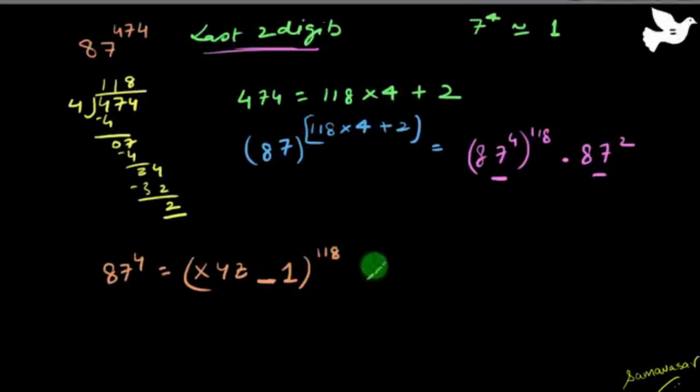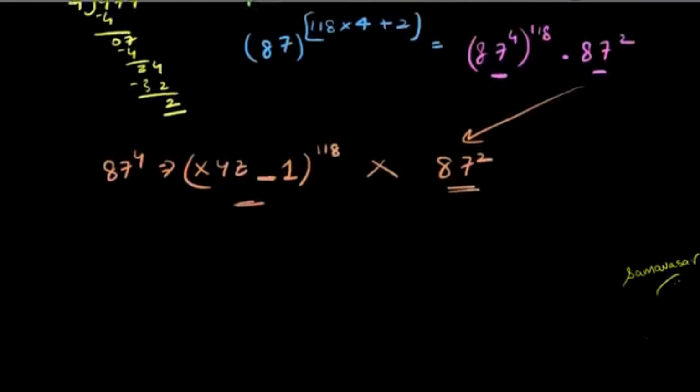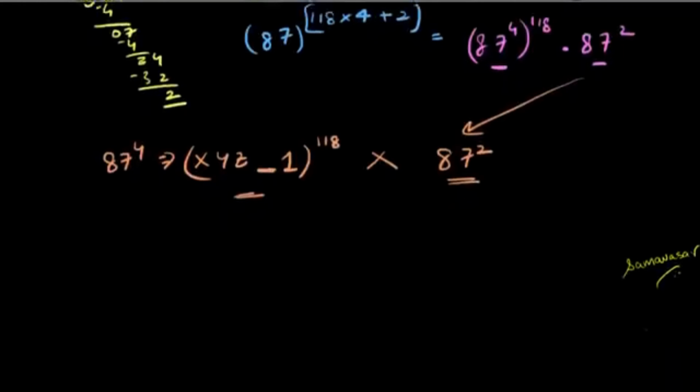This, now I have multiplied by 87 raised to the power 2, I can find out the last two digits of this expression. So if I have the last two digits of this and the last two digits of this, I can find out the last two digits of this whole expression. So let us try to find exactly that. First let me find out this xyz something into 1, and I need to find this something into 1. So let me try to find out the last two digits